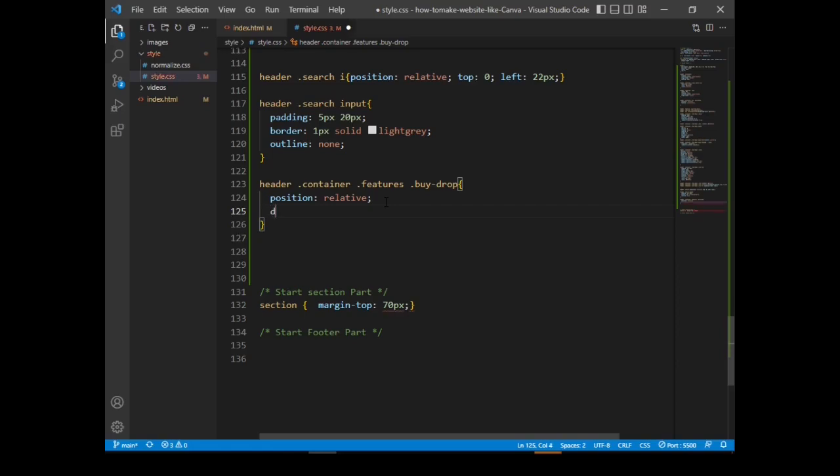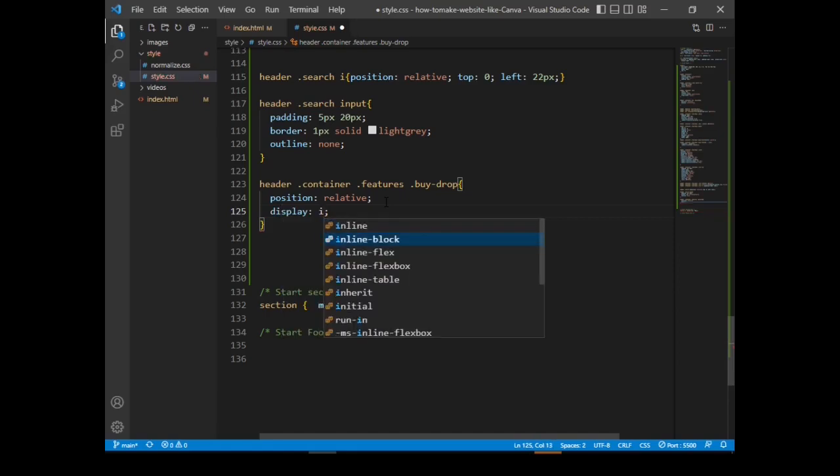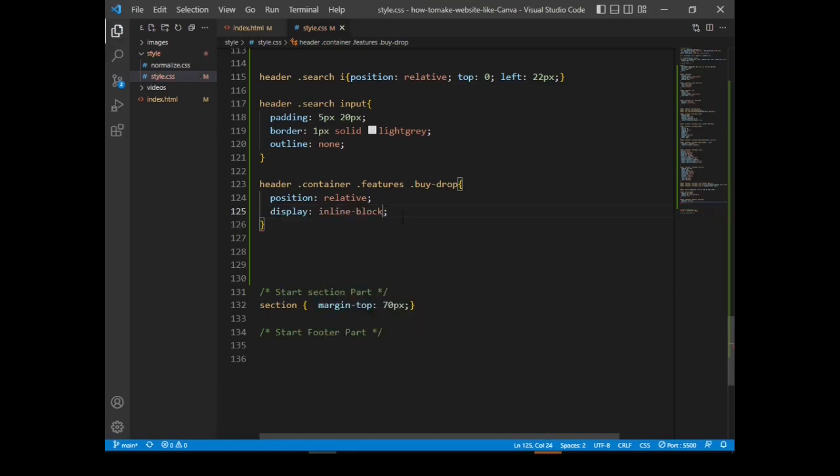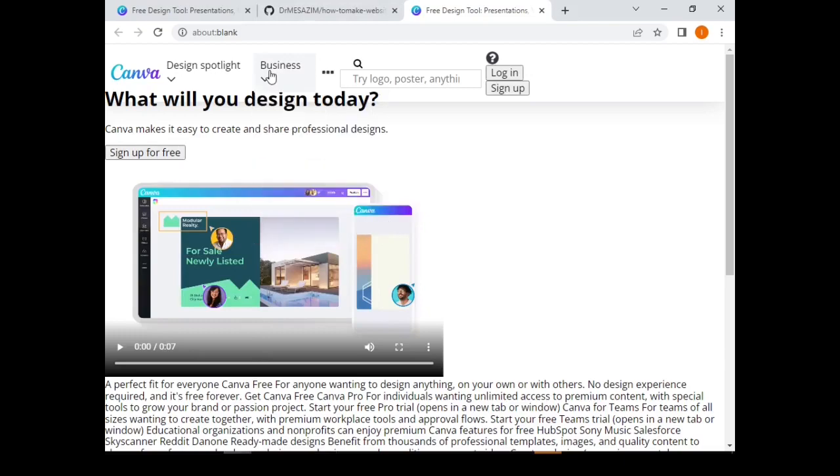Then display inline block. Let's have a look at how the design looks. Okay, I have to continue styling.